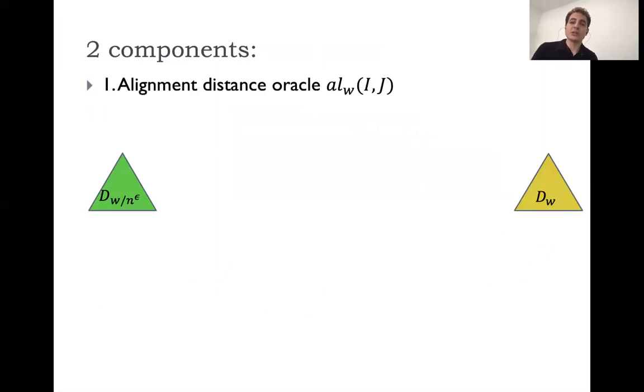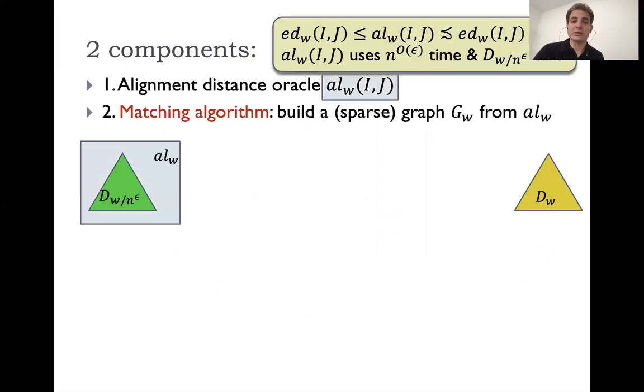So how are we going to do that? How are we going to build a data structure for length W intervals using the previous data structure? There are two components to our algorithm. The first one is we build an alignment distance oracle, AL_W(I, J),